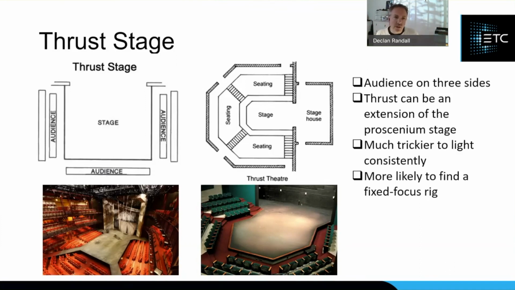I find in thrust venues, thrust stages, particularly ones that have been really well designed, you're more likely to find a fixed focus rig, or at least a permanent rig installed that you can then focus and maybe add a couple of specials. One of the things we've mentioned is any different stage space increases time. It increases the time it takes, it increases the number of fixtures you need, and so on and so on. So by having a permanent rig, it helps to speed that process up,